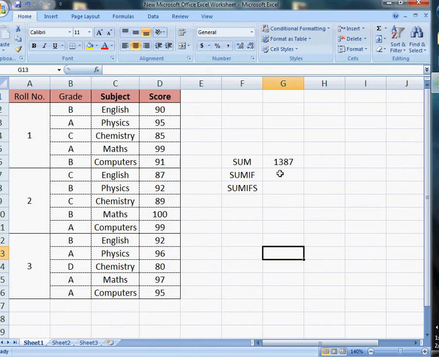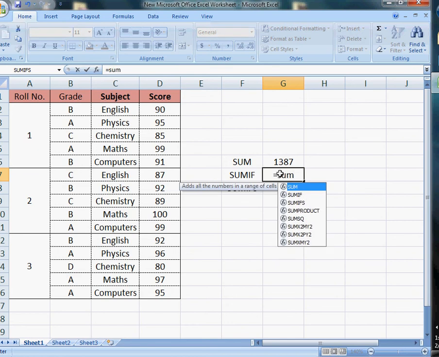Alright, now let's move on to Sumif function. Sumif function is used if we have to specify a particular criteria for calculating the total value. For example, in this case, we'll try to find out what is the score of the math subject. Okay, for that we write equals to sumif